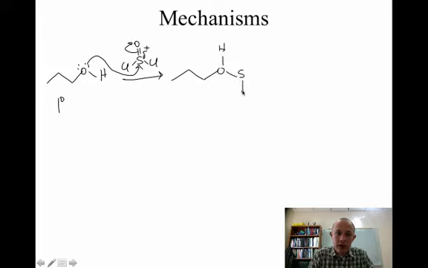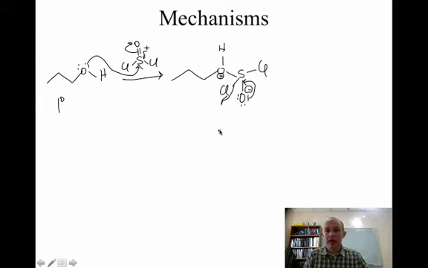So we get a sulfur-oxygen single bond. The sulfur is still bonded to two chlorine atoms. So we have a negative formal charge on this oxygen. We have a positive formal charge on this oxygen. The sulfur-oxygen double bond is pretty strong, so we can reform that sulfur-oxygen double bond, and chloride is a good leaving group, so the chloride leaves,